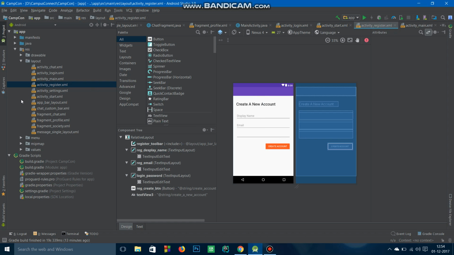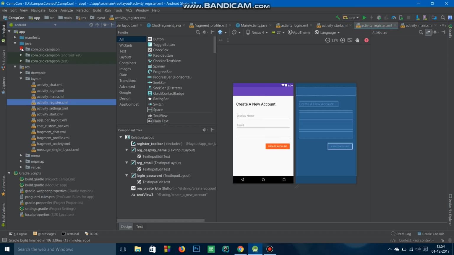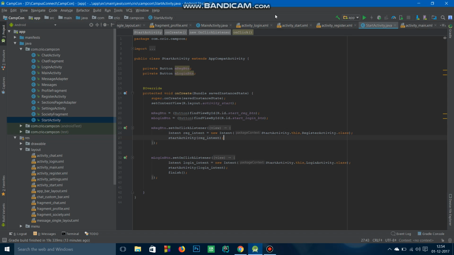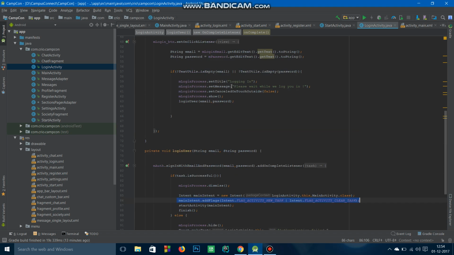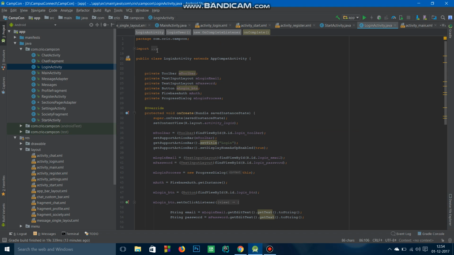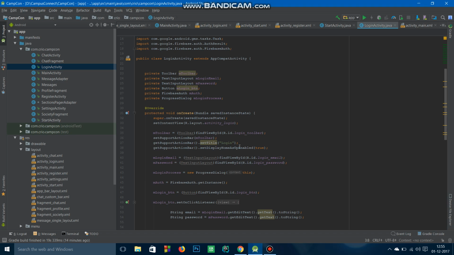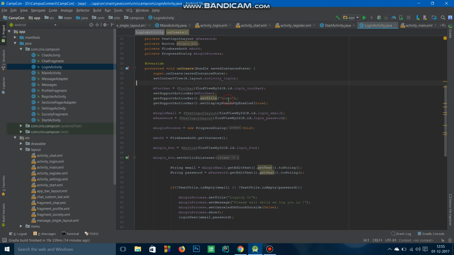Then we move on to our Java files for both of these activities. StartActivity is the file which responds to the intent to move to the start activity page and the register activity pages. Then we have our login activity. These are the imported classes that we have used. Then I would like to tell you we have made objects of the 6 layouts that we have used